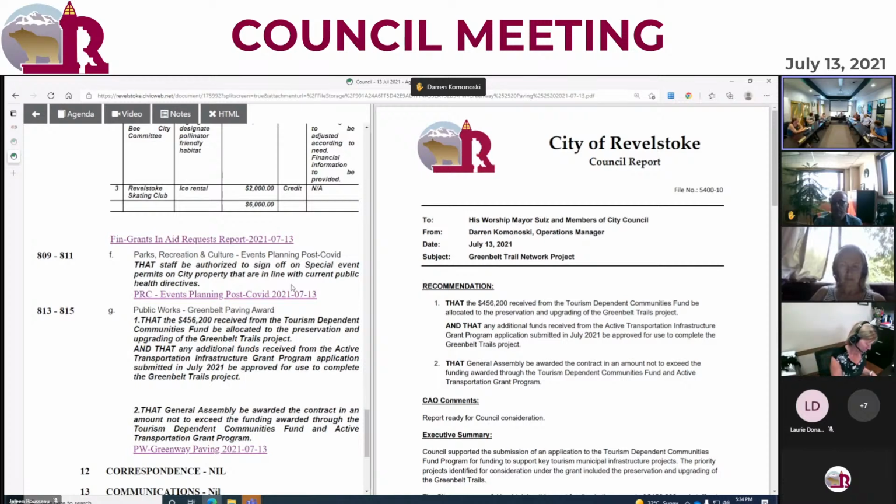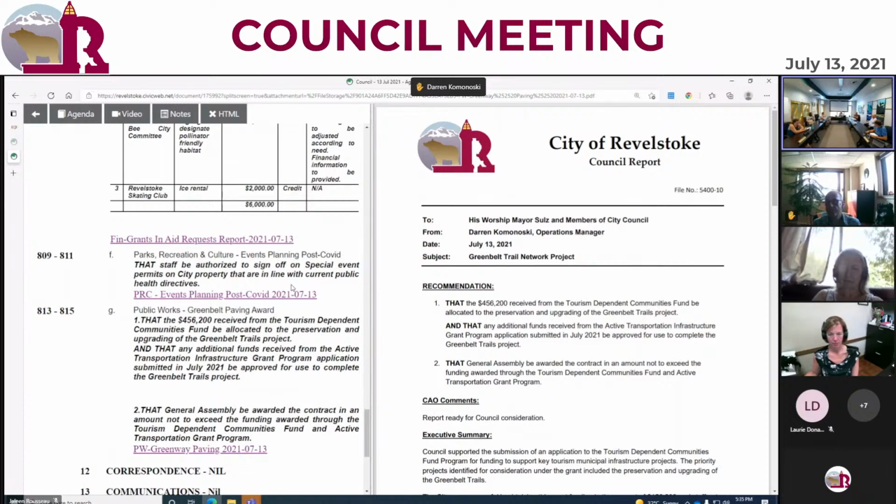Okay, going back to the original motion, that General Assembly be awarded the contract. Any further discussion on that? Councillor Elliott. You'd be out of your mind if you were doing this on your own dollar to spend it on your first bid at the highest price that you can get, and not have any debate on that. If you were dealing with this out of your own wallet, you'd just say we'll wait till next year. And I don't think any of us disagree with that, but we can get some work done with the